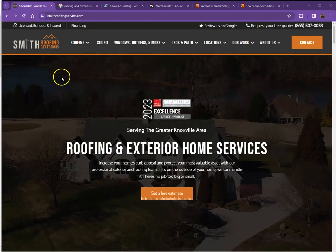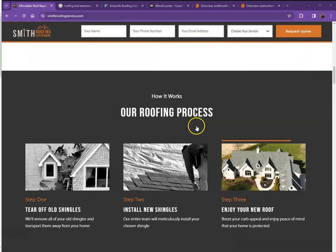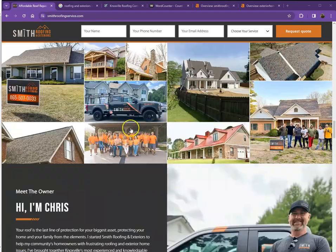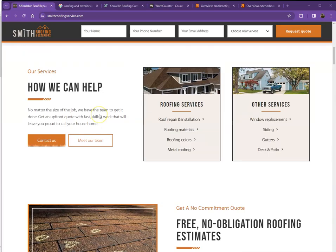You have a pretty good website. You have your logo here, call to action, nice photos, nice layout. You have your rewards here, and the services as well, which is perfect. So there's just actually some few other things we're going to talk about first to get you on top of